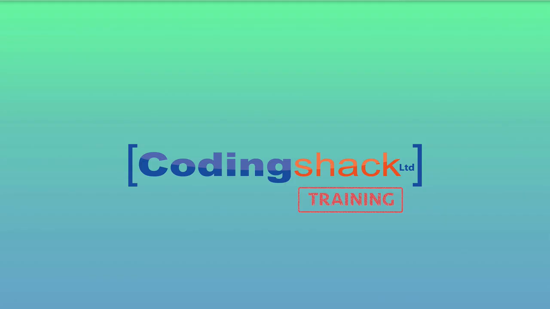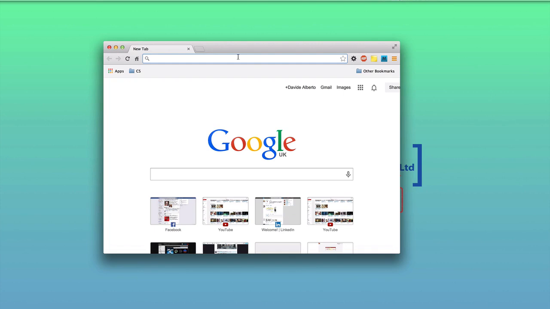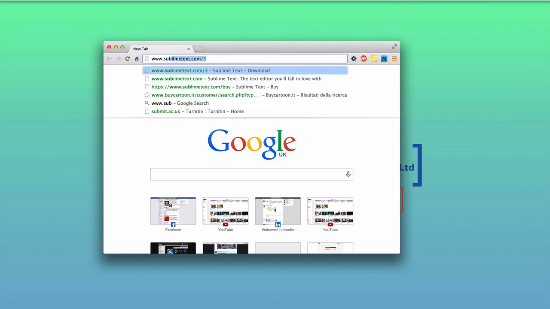Hi, in this lesson we'll see how to install Sublime Text Editor on our Mac OS X system. It is actually a very straightforward process. We just open our browser. I'm generally using Chrome as my favorite browser, and we go to